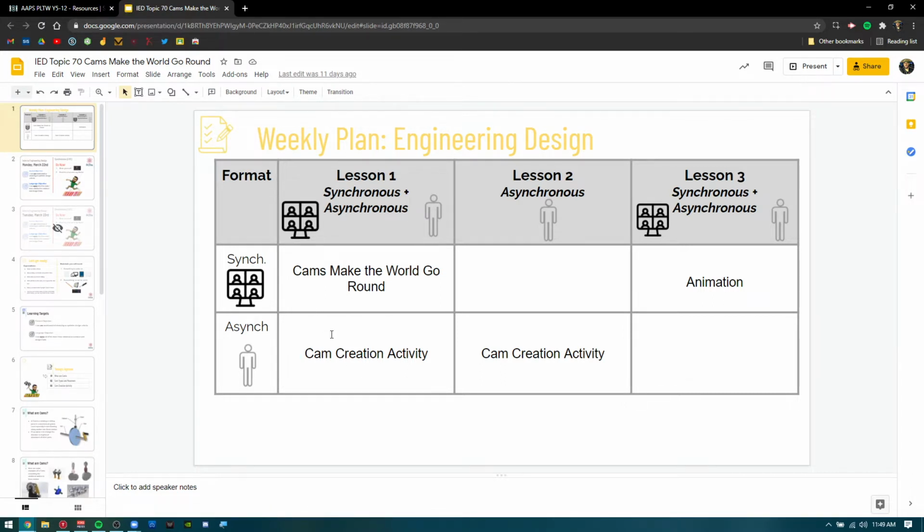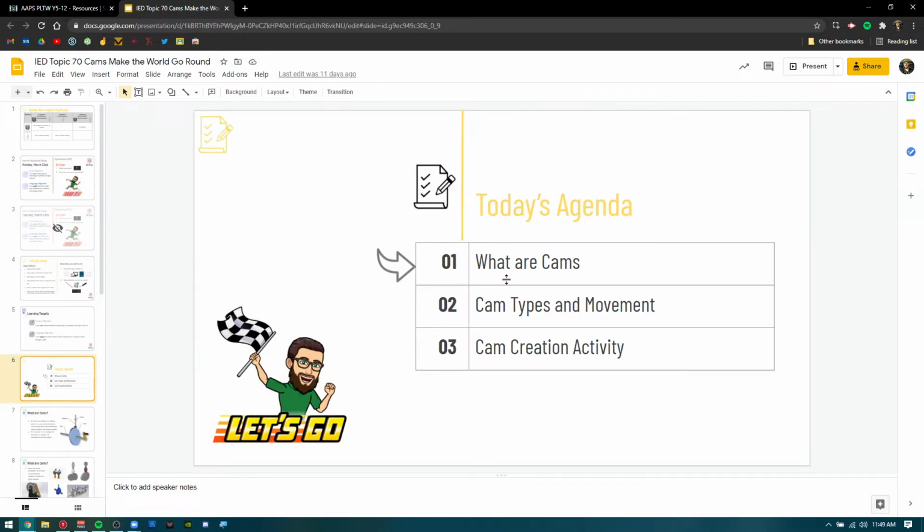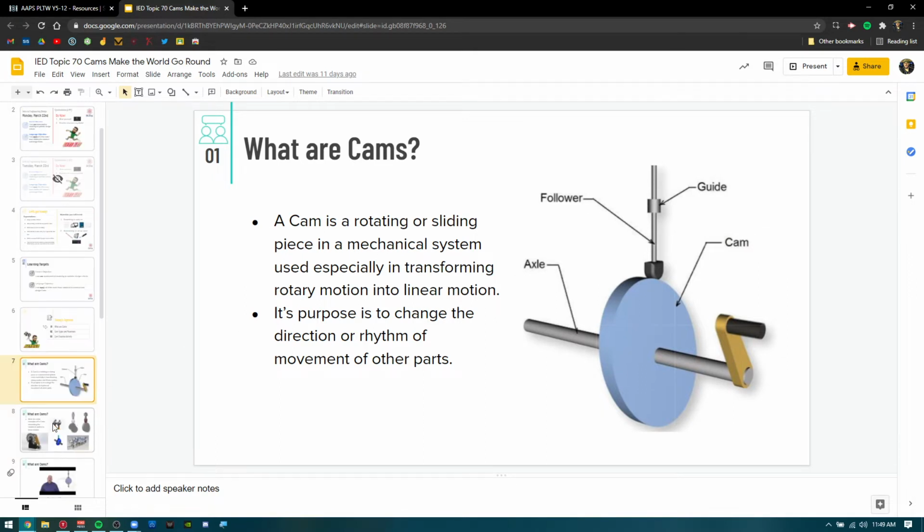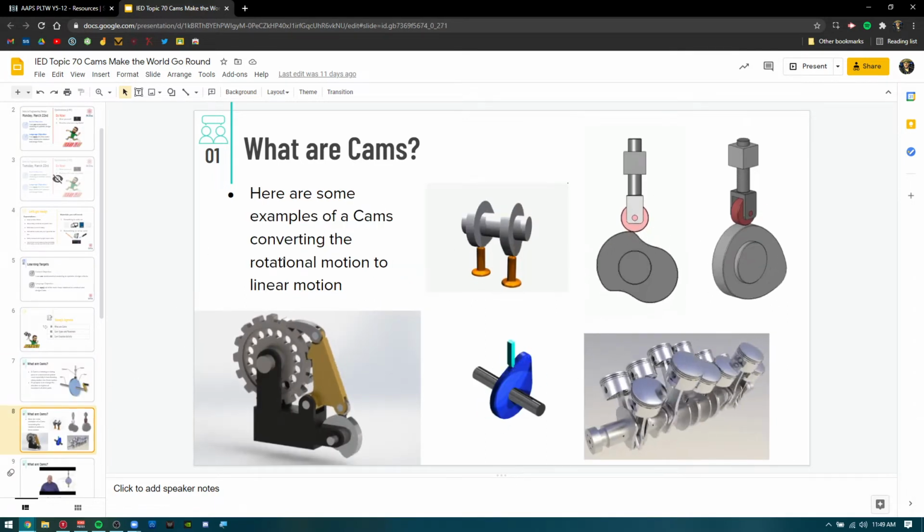We're going to go over this, talk about cam creation, which is basically recreating the default kind of cams in Onshape. And then we're going to talk about animation on Thursday, Friday. So again, just walking through this, what are cams is the very first section. Talk about the parts of the cams, how they actually function, what they look like, some examples of real life,